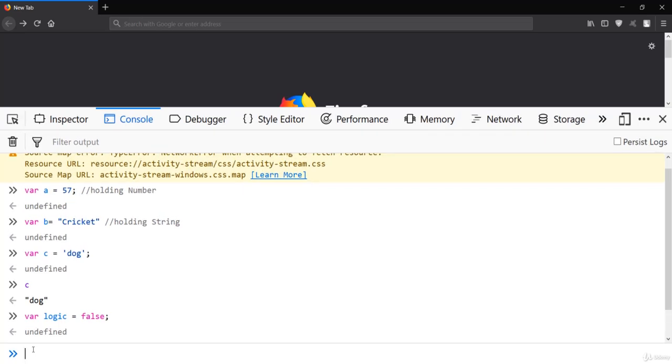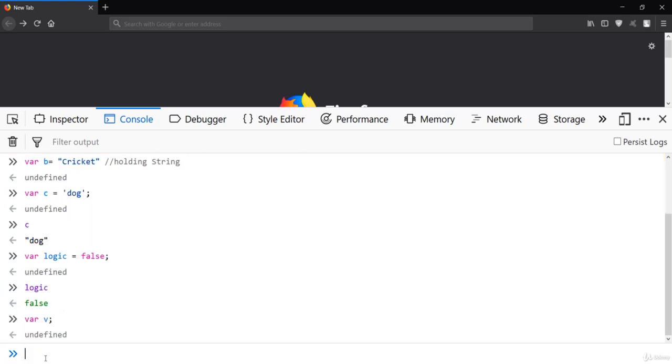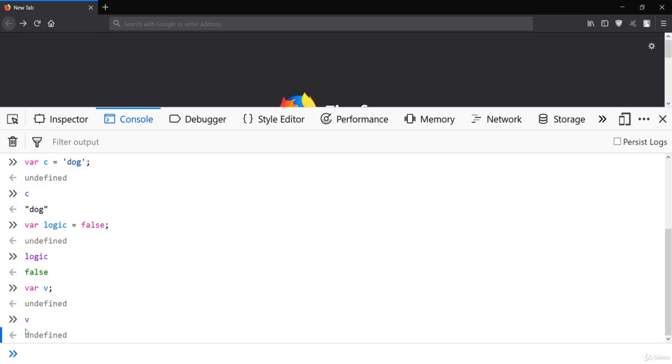The next one is the undefined data type. If I say var v and print this v, you can see the value is undefined. That means you have just created the variable, but the value is not given, which is what we call undefined.